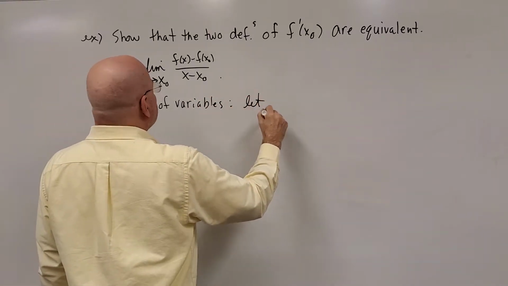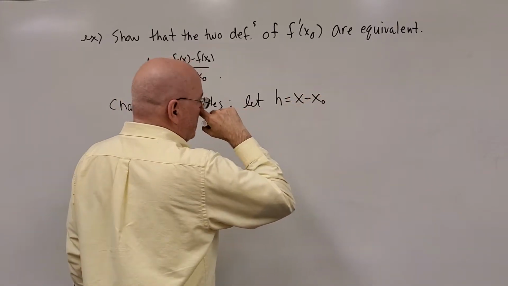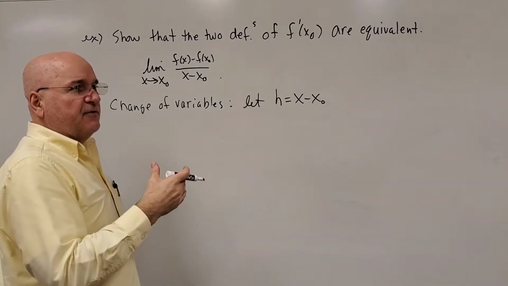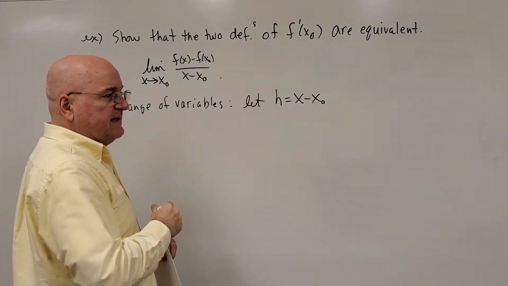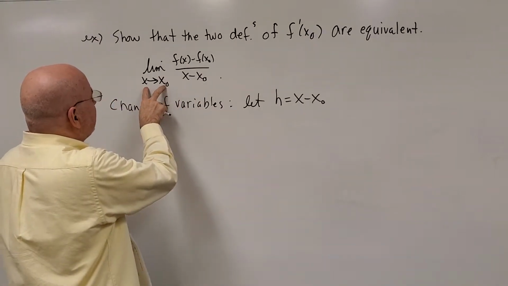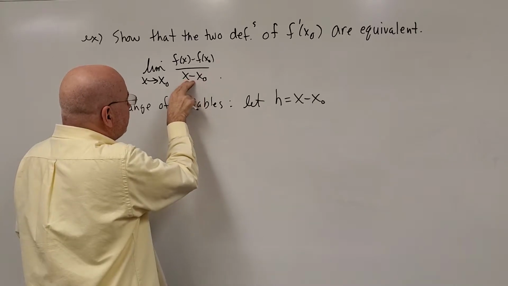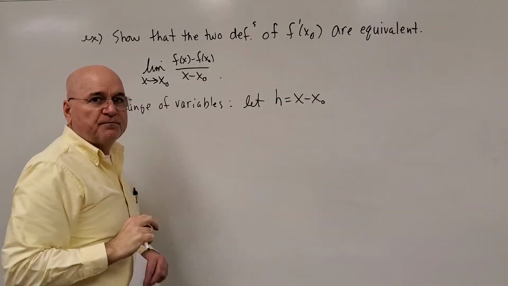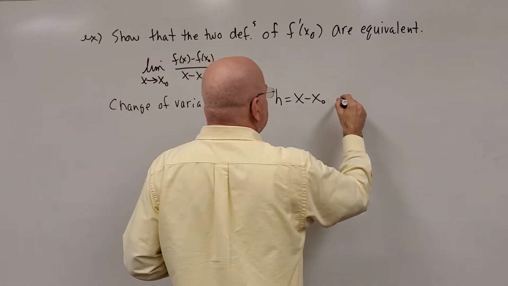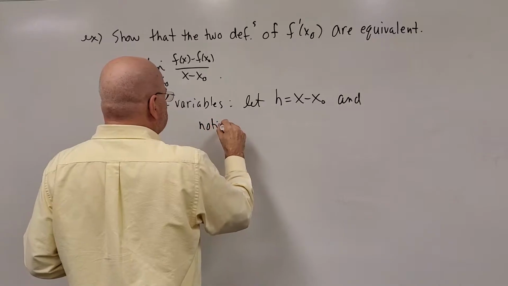Let's let h equal x minus x naught. And it should be easy to see why we're choosing that. In the alternative definition, we needed h to go to 0. In this case, what's happening when x gets close to x naught? Well, the denominator is going to 0. Okay, so if h is equal to that,